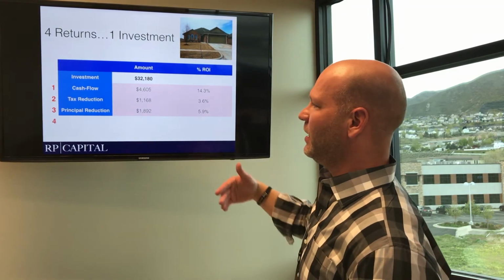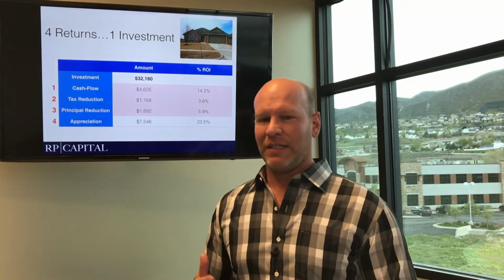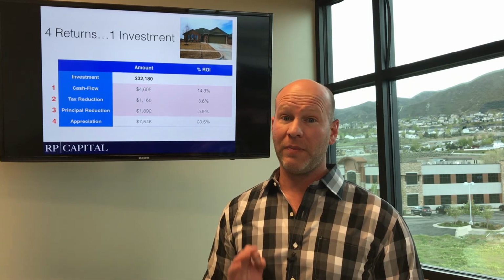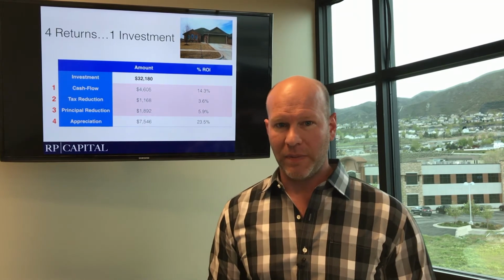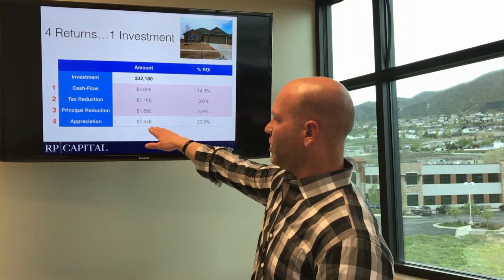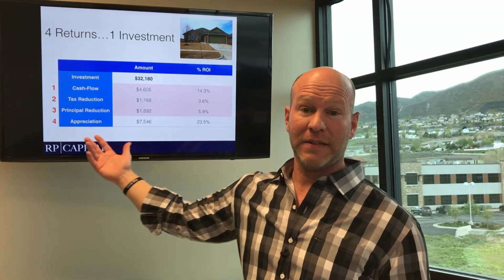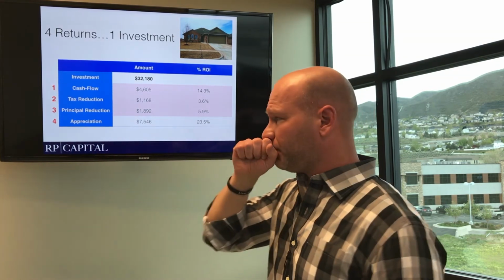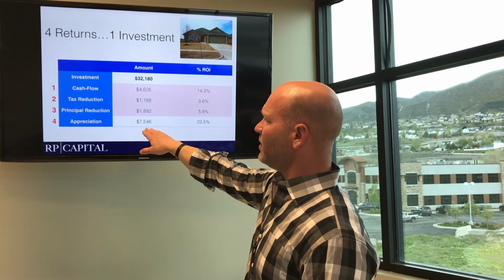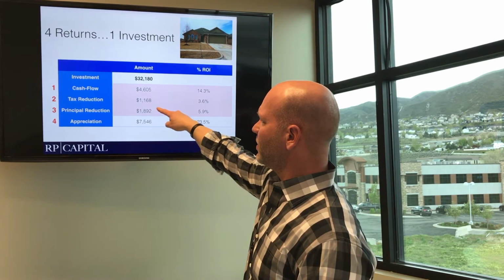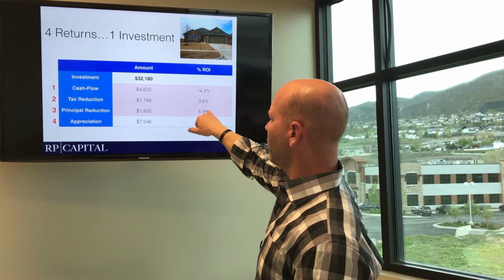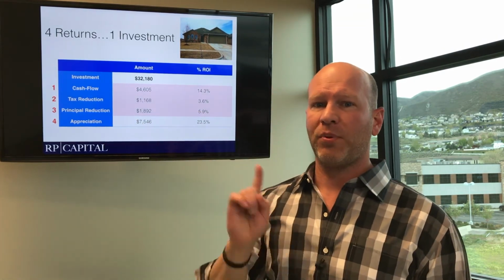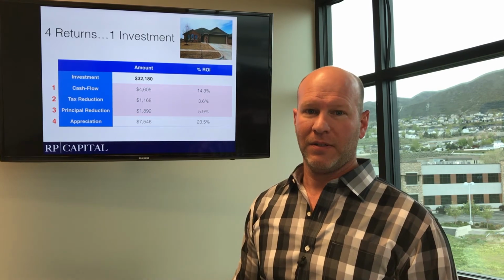And then the last one depends on the year and on what the market conditions are doing, but this one is really powerful. The reason is appreciation. This is a $160,000 house, so 1% of that is $1,600. So $1,600 worth of appreciation is going to give us somewhere around 4 to 4.5% on a return for every 1% of appreciation that happens.